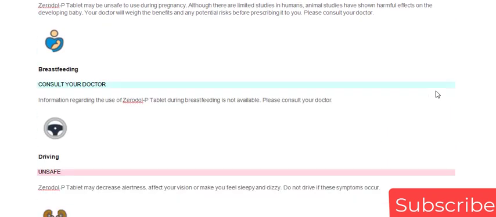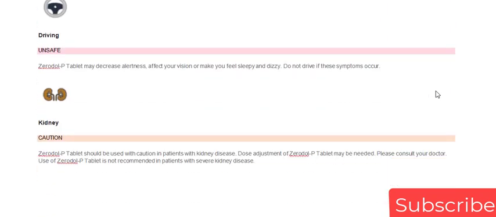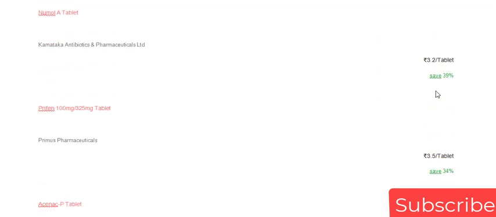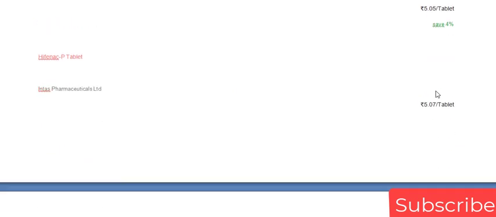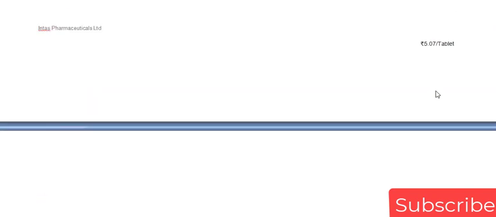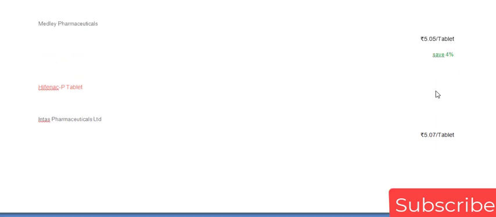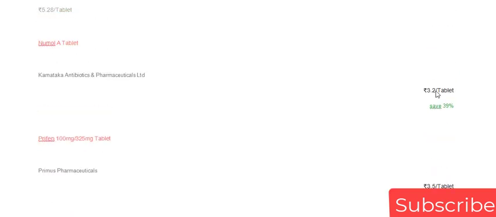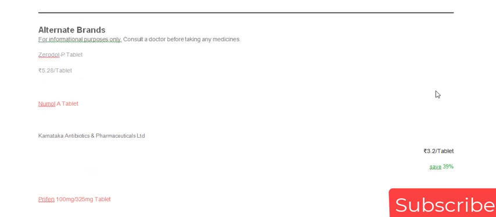Some of the common side effects of this medicine include nausea, vomiting, stomach pain, loss of appetite, heartburn, and diarrhea. If any of these side effects bother you or do not go away with time, you should let your doctor know. Your doctor may help you with ways to reduce or prevent these side effects by prescribing an alternative medicine or adjusting the dose. The medicine may not be suitable for everybody.